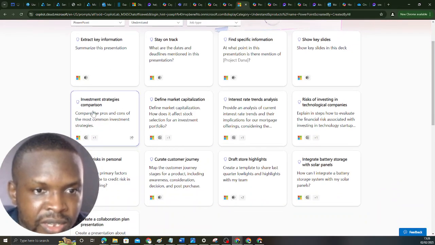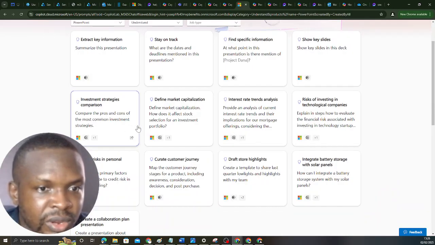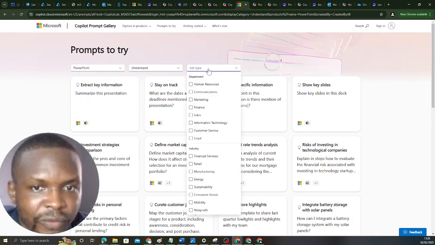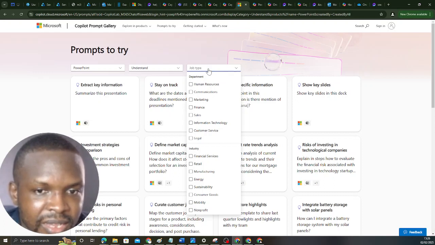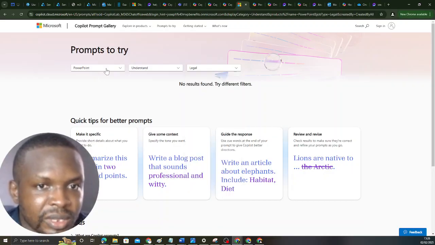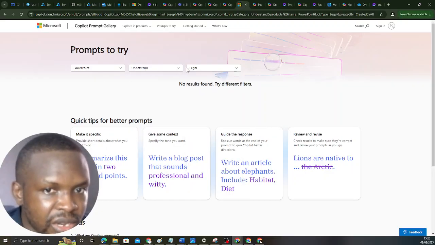Maybe investigate strategy comparison, compare the pros and the cons of the most common investment strategy. So that means you want to use this, right? And then if you also want to filter according to the prompts that speak exactly to your own field, let's say you are in legal and you want it to come as legal. That means there is no prompt for PowerPoint that speaks to legal right now at